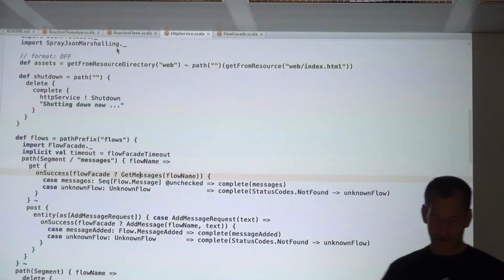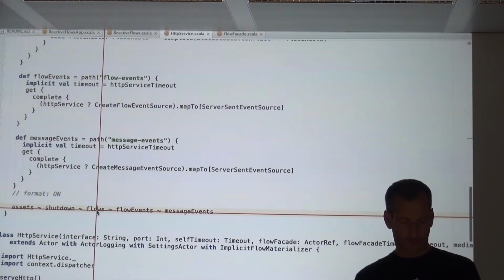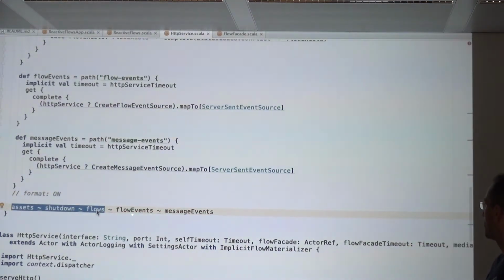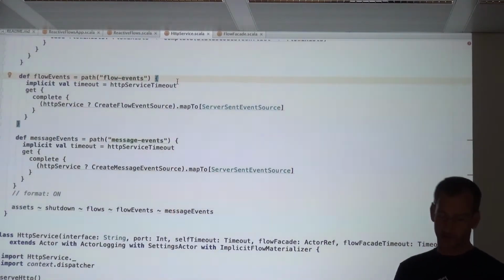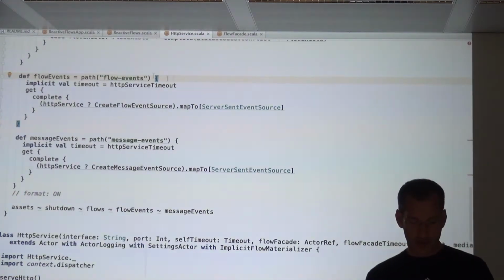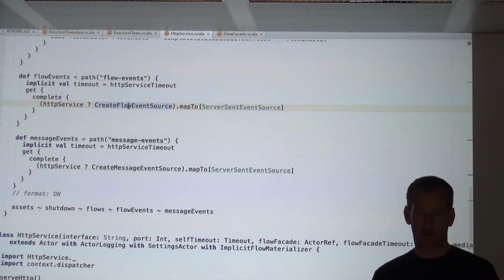A couple of changes here. In addition to the route, which looked like this before, we have flow events and message events. These are given here. That's not a big deal. All we need to do is create the respective event sources. Okay.